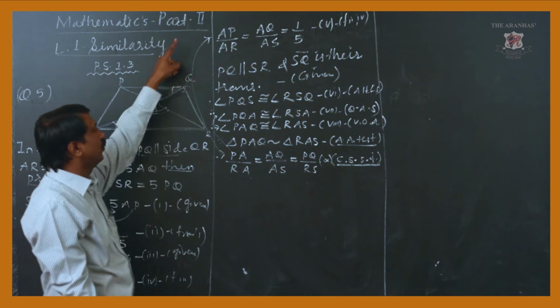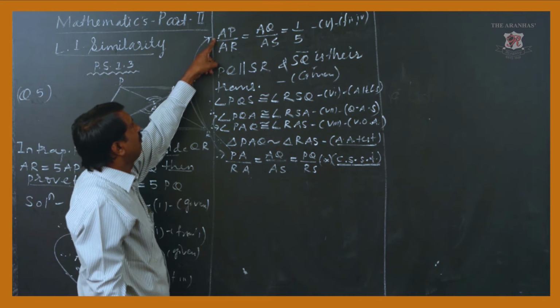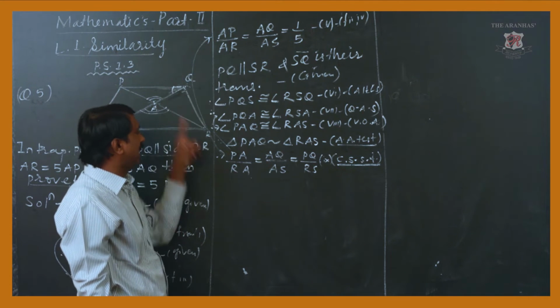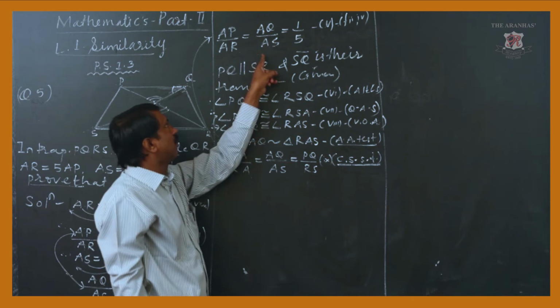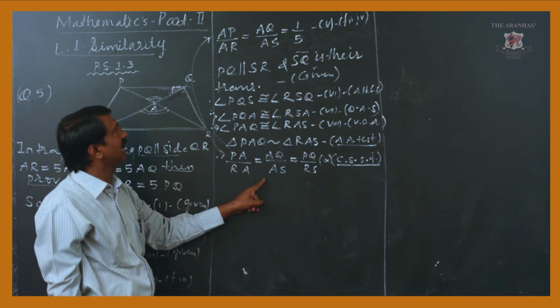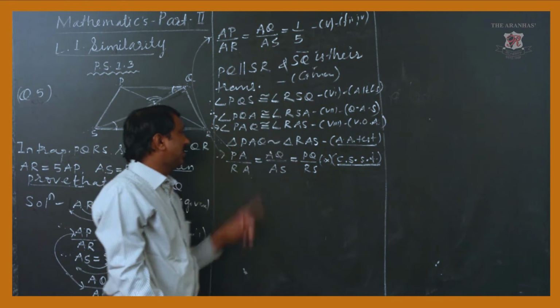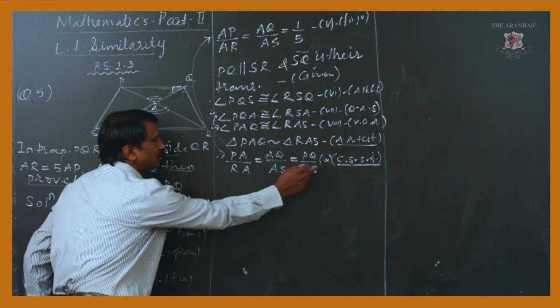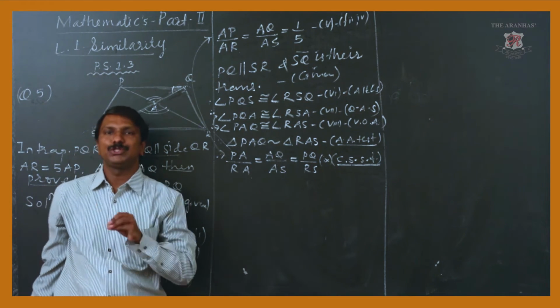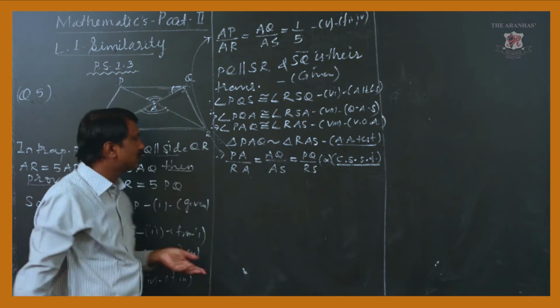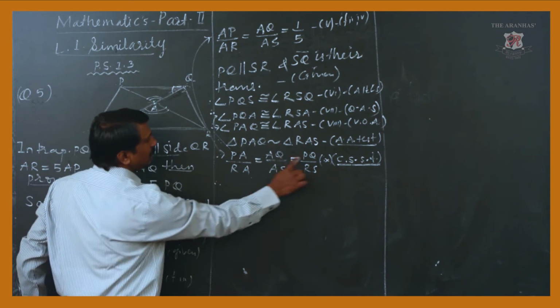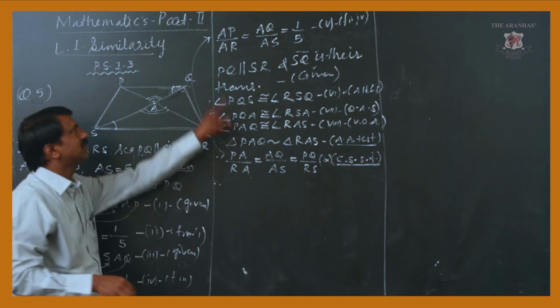In it you will see we also have the ratio AP upon AR. This is AP and here it is PA, the meaning is the same, RA it is, and AQ upon AS. Here also we have AQ upon AS, whose value is 1 upon 5, which means these three sides are in proportion. So the value of the first two belongs to the third one also. It means all three have the same value and we can substitute it.